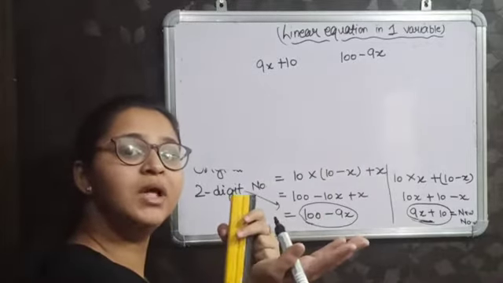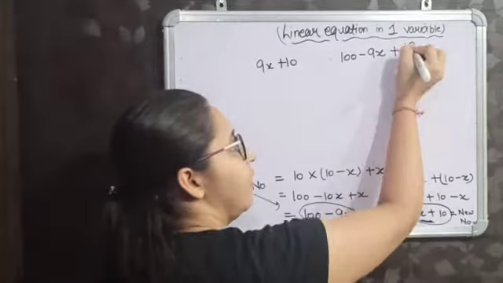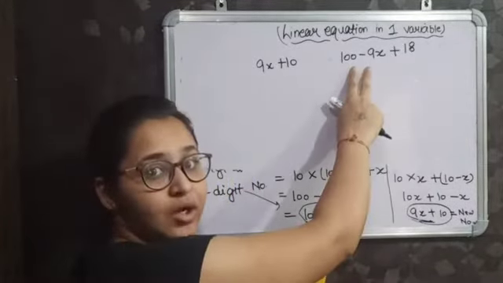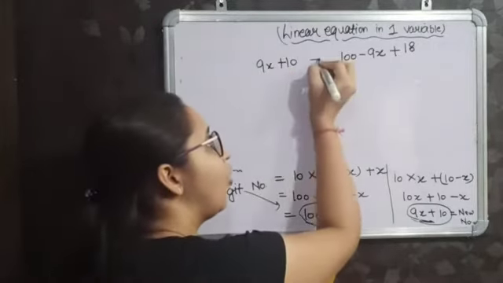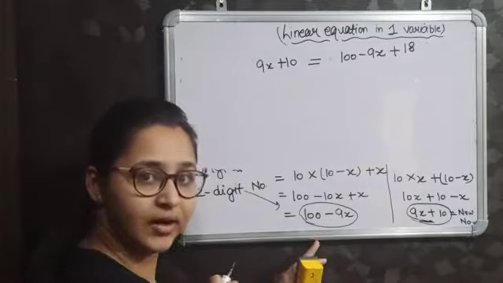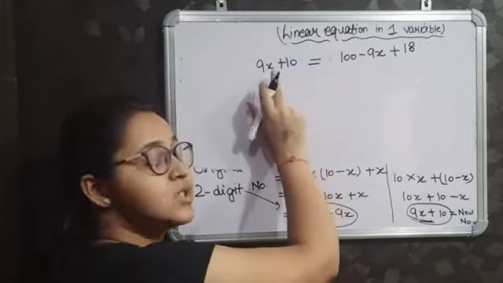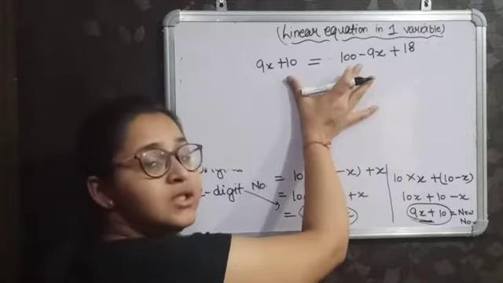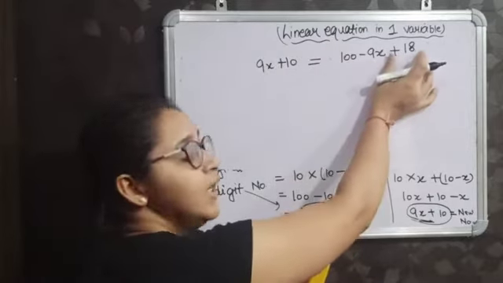And how will they be equal? When I add 18 here. Why am I adding 18 here? Because this number is smaller and this is already larger. It is given. So now I can put the equal to sign. Okay? Understood? Why have I put the equal to sign? Because this number is larger and this is smaller, and I have to make these two things equal, and for making them equal I am just adding 18.